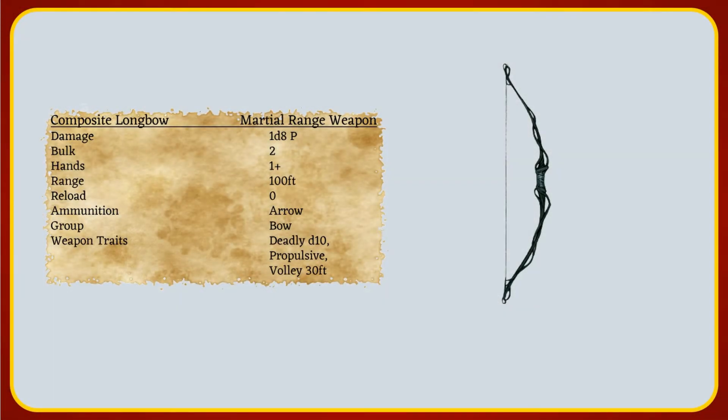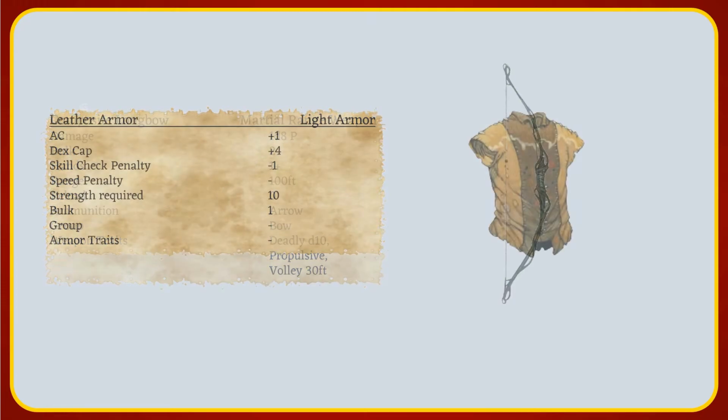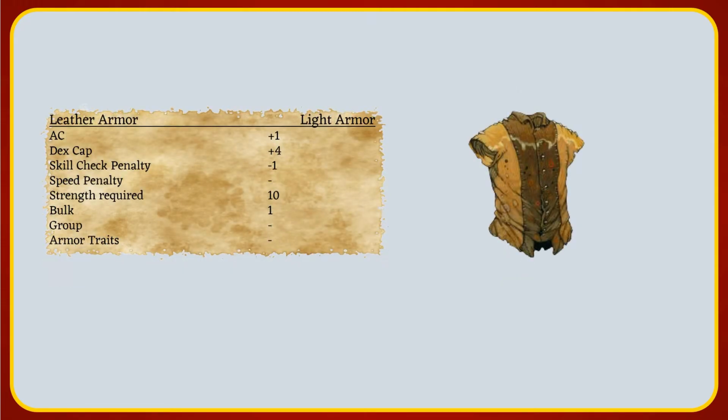The equipment for the Linnorm Hunter includes a longbow. The 100-foot range can be doubled with one of the ranger's feats, allowing additional shots before the Linnorm comes into melee range or as it runs from the battlefield. The deadly D10 will increase the speed of killing the Linnorms with each critical hit, and propulsive will add static damage to each shot. The leather armor will maximize the dexterity bonus, and with light armor, additional runes can be